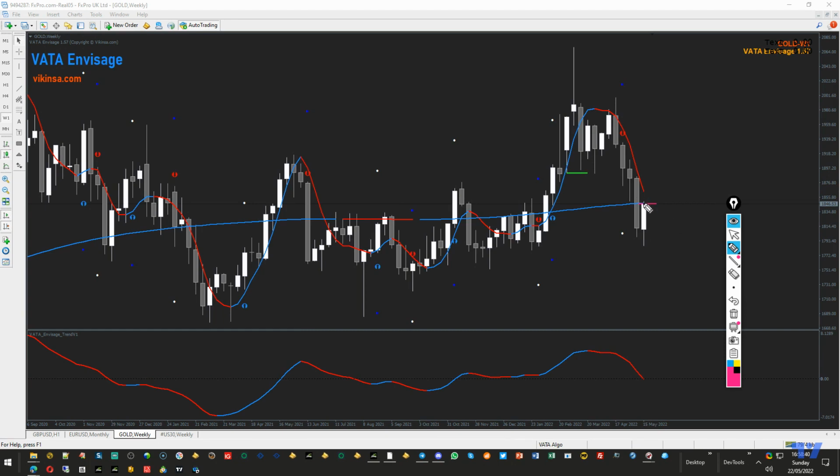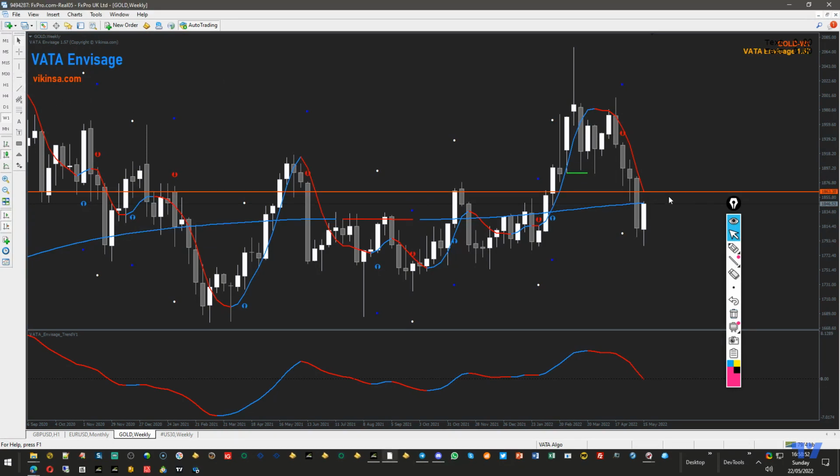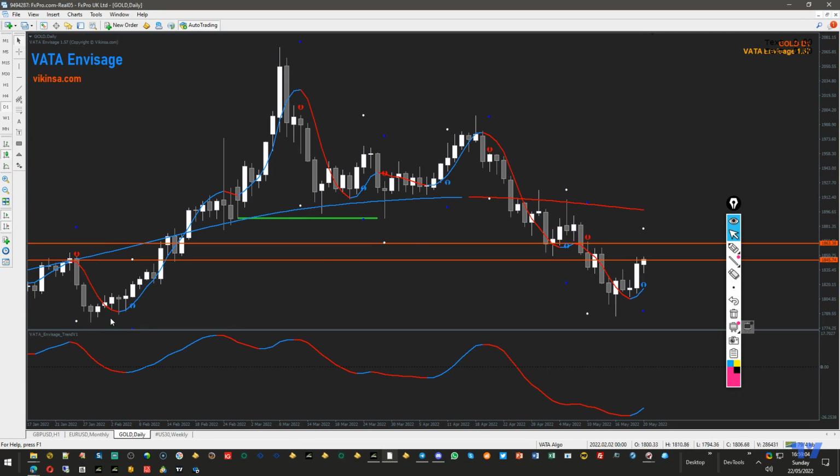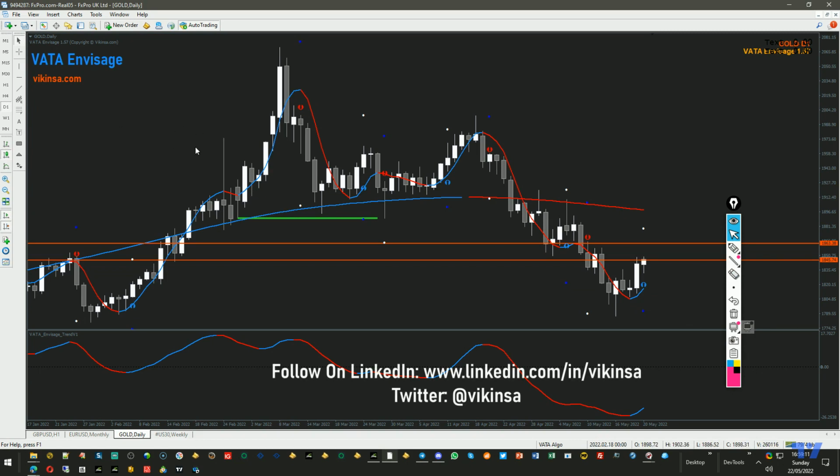However, if the market opens higher, or if it starts to go up, then it can try to go and test this water wave on gold on the weekly time frame. If I put a line here, approximately this is where it is, 1863 or so. Right now this water curve is around 1845. If I go to the daily time frame, this is the WM pattern that we were talking about. On the daily time frame, this candle has not closed above this, so it is still not a very good indication that the market wants to go higher.